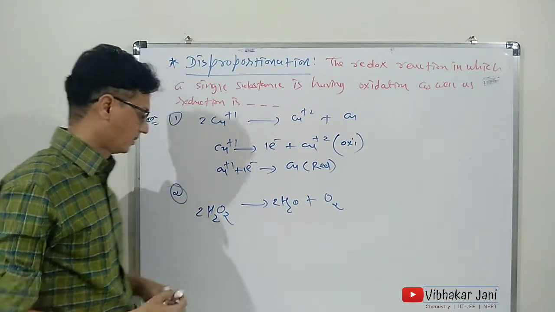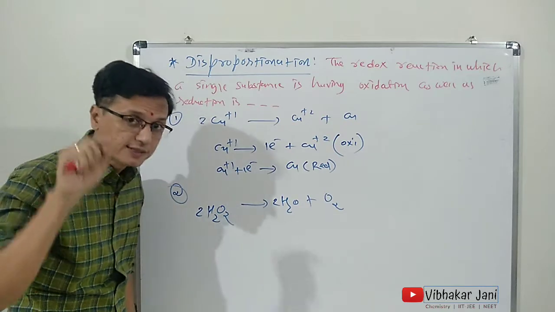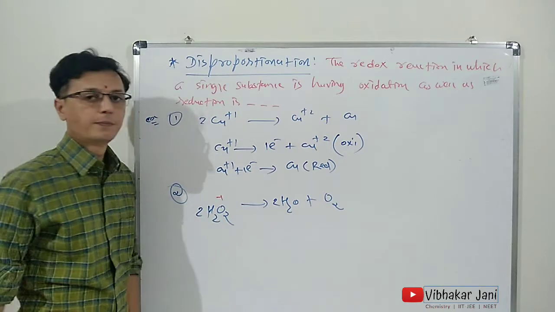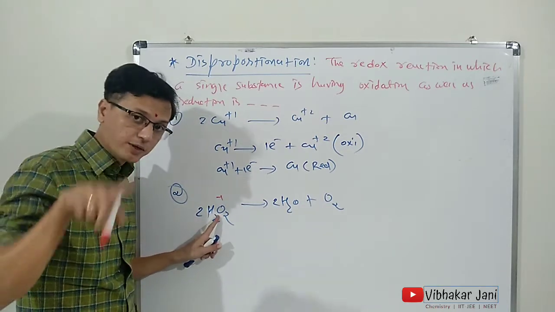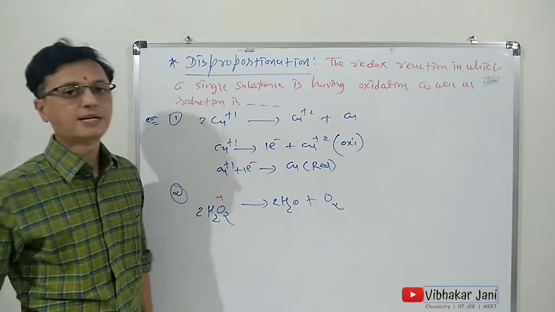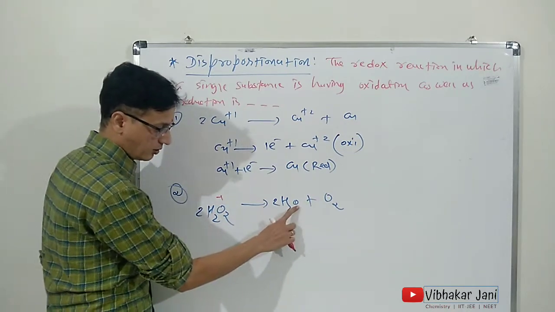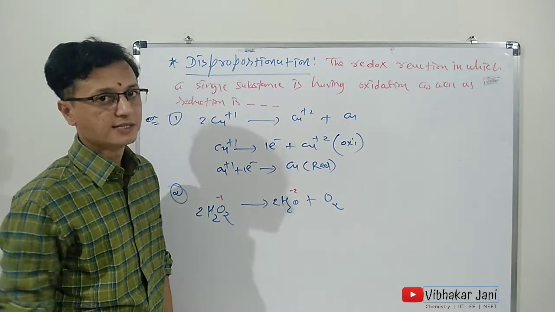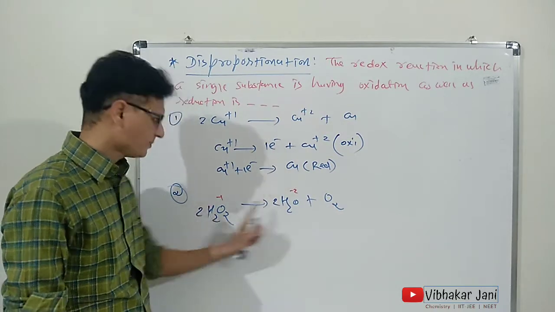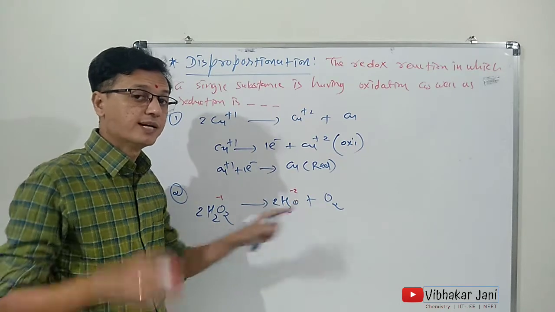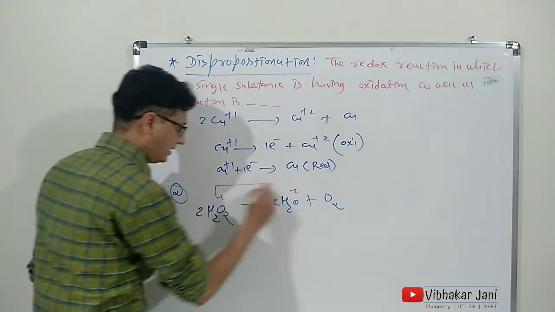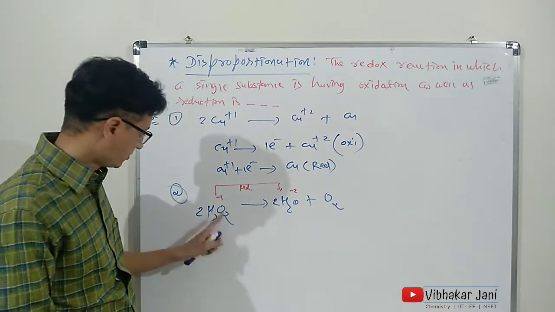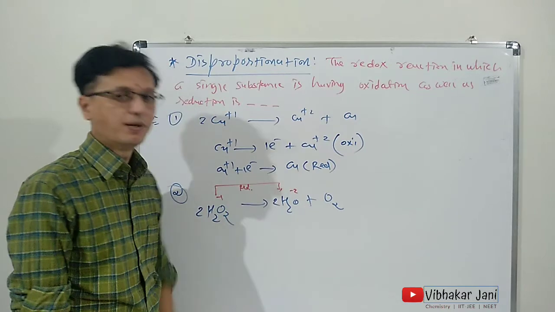Now let us work it out. Here the oxidation number of oxygen in hydrogen peroxide, as you know very well, is -1. So oxygen in hydrogen peroxide is in the -1 oxidation state. But the oxygen in a water molecule is simple oxygen, that is -2 oxidation state. So -1 becomes -2, that is decreased by 1. So this indicates the reduction of hydrogen peroxide, because the oxidation number of oxygen is decreased by 1.